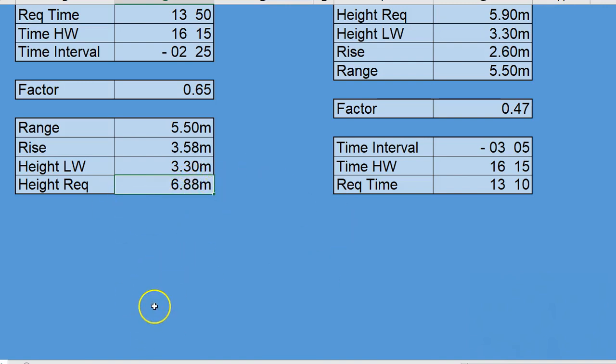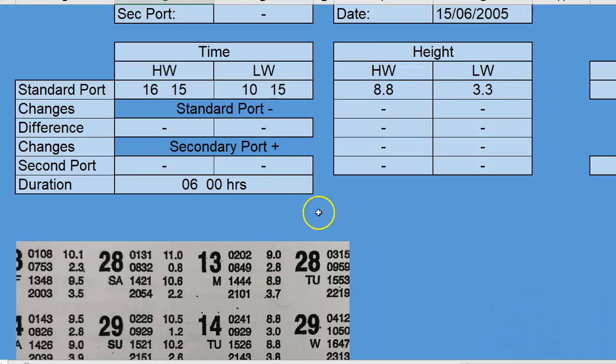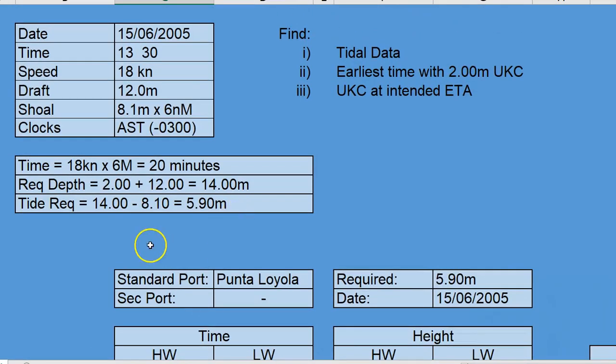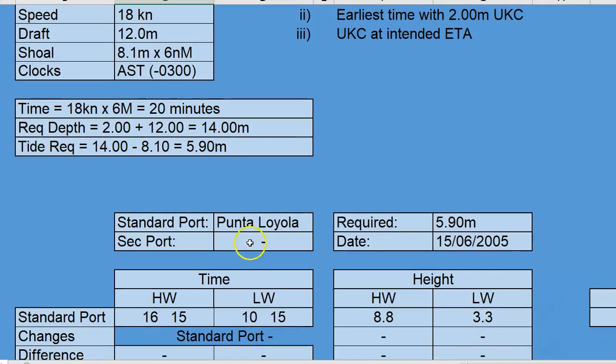So what are we going to do? We're going to take that 6.88 and add that to our charted depth, because remember this is our height of tide. So we're going to take that height of tide, which is 6.88, and add that to our actual available depth, charted depth, which is 8.10. So if we take 8.10 and add, let's round this up to 6.9, that's going to give us a total of 15 meters. So we have 15 meters of water available